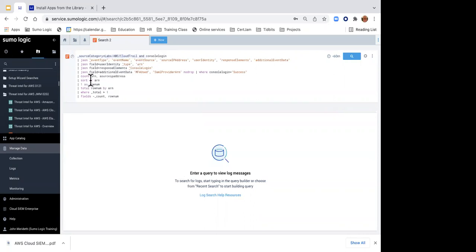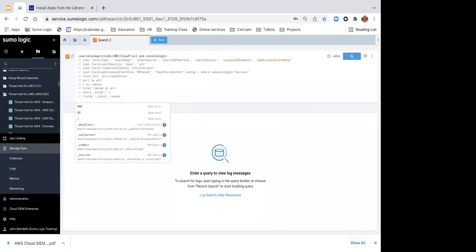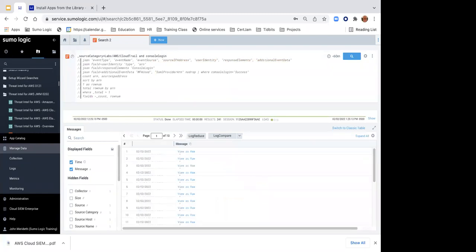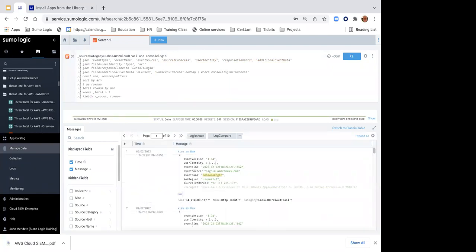But before I do that, I'll take everything except for the first line. And again, I'm going to hold down my Option key on my Mac keyboard, or you can hold down the Alt key on your Windows keyboard. And I'm going to draw a line down, and I'm going to type in 2 forward slashes. Whoops, that got rid of all my pipes. Hang on. Well, for right now, I'm fine. I'll have to type the pipes back in. The pipes are what we use to connect our commands together.